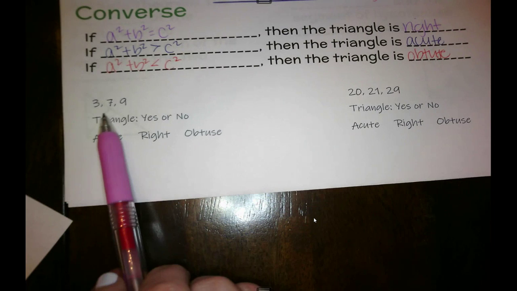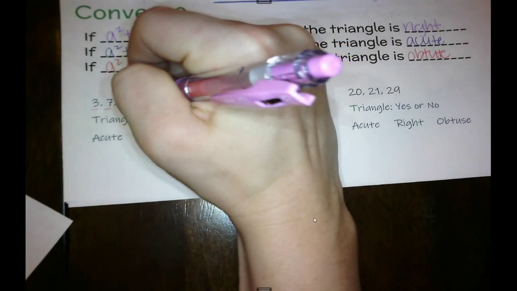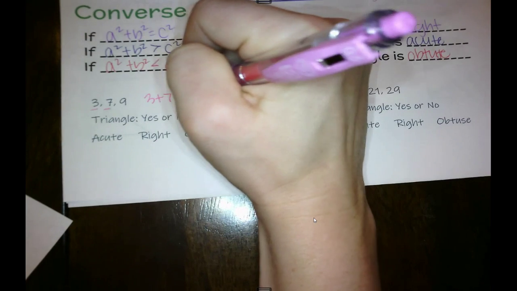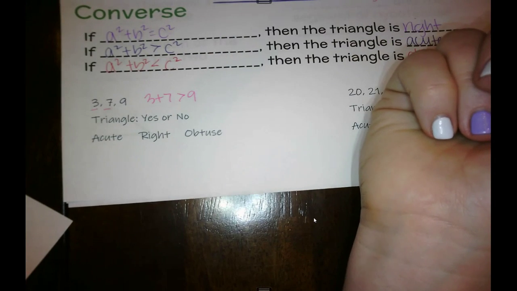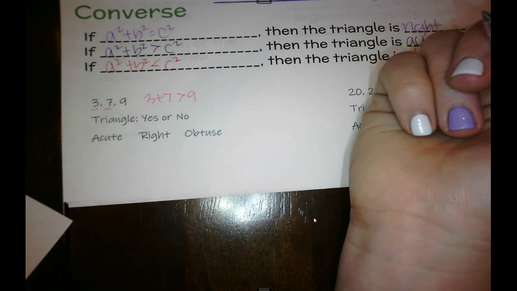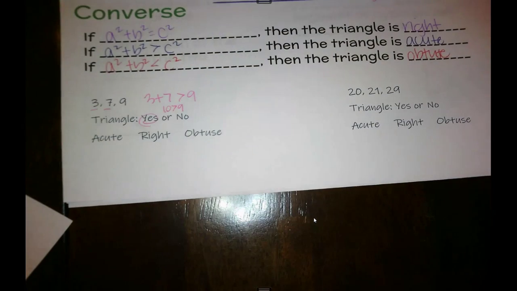First, we want to determine, is this a triangle at all? Remember what has to be true for a triangle. The two smaller sides have to add to be greater than that third side. So 3 plus 7, 10 is greater than 9. It is a triangle. Okay, so now let's